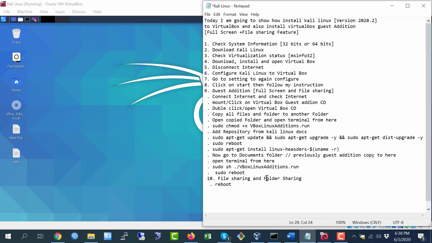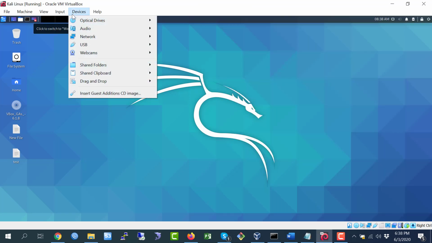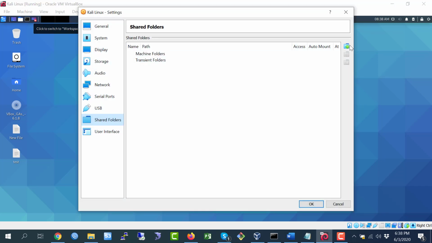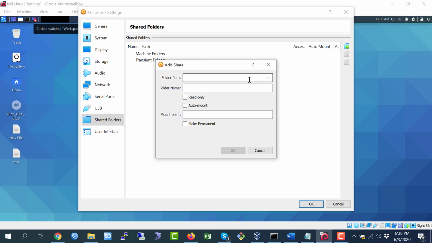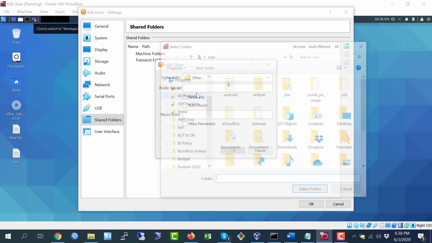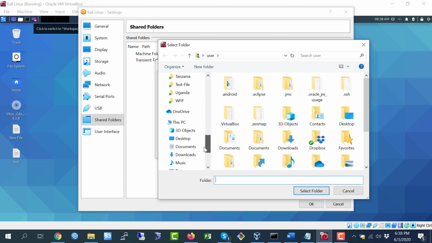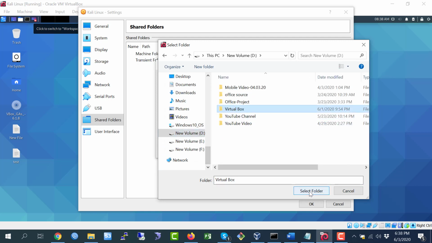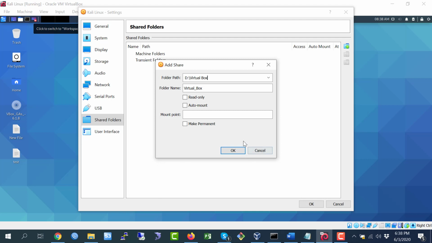For folder sharing, I go to Devices, Shared Folders, click Shared Folder Settings and click the plus sign. As an example, my shared folder is VirtualBox. Select auto-mount and mount point. Folder name is VirtualBox. You see the VirtualBox folder name.